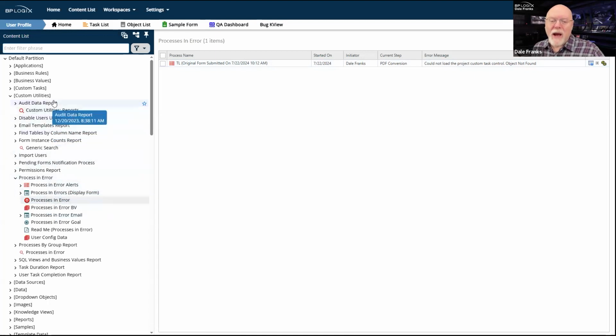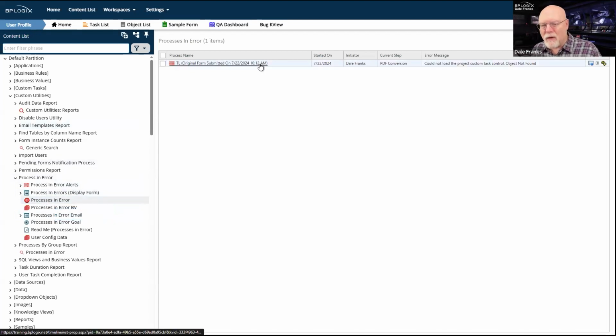So if you have downloaded the custom utilities from the support site and you've installed them on your Process Director server, you have this folder and you have this knowledge view. So I would do one of two things. First of all, it's just a knowledge view. It's on your server. If you feel comfortable in editing it, knock yourself out, edit away. Or you may just want to make a copy of it because I don't like this default version.